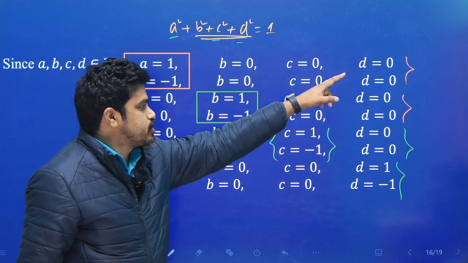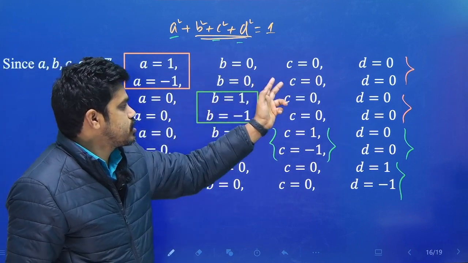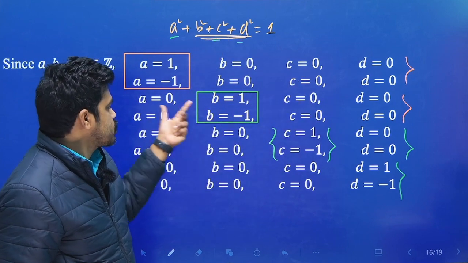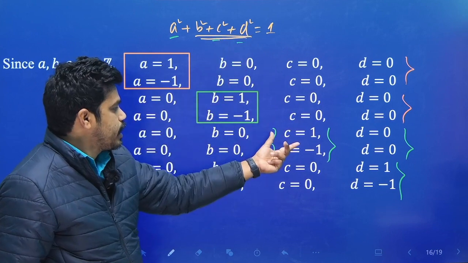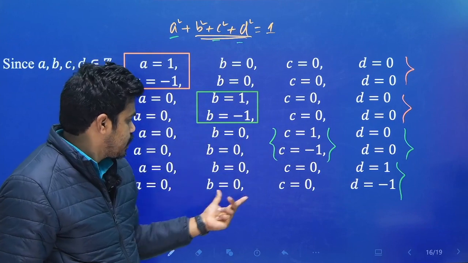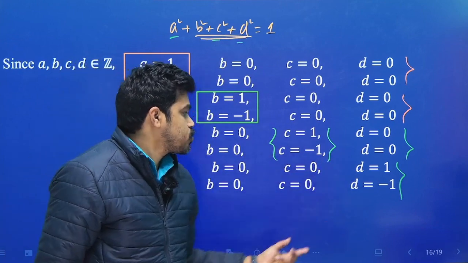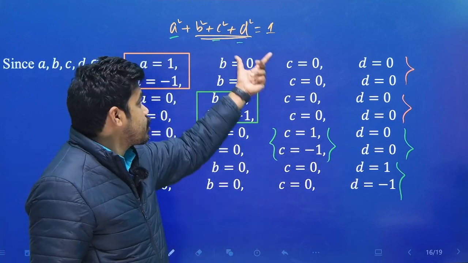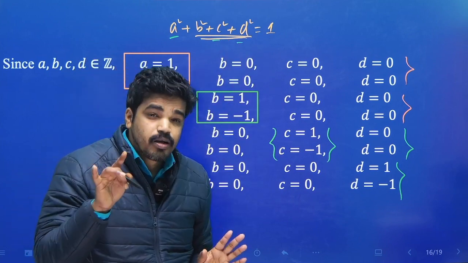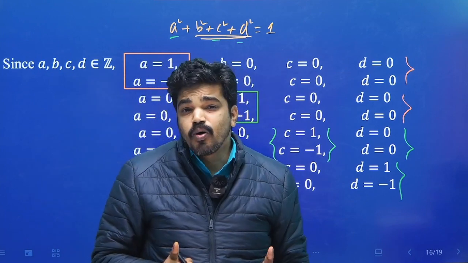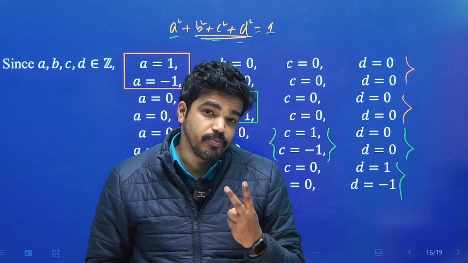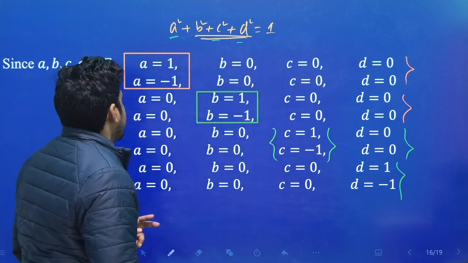b0 c0 d0, নেক্সট a is equal to -1 b0 c0 d0, এই কোশ্চেন স্যাটিসফাইড করে। নেক্সট তুমি b is 1 আর b is equal to -1, বাকিগুলোকে 0 কনসিডার করো, স্যাটিসফাইড করবে। নেক্সট কনসিডার c is equal to 1, c is equal to -1, বাকিগুলোকে 0 কনসিডার করো, এই কোশ্চেন স্যাটিসফাইড করছে। নেক্সট তুমি d is equal to 1, d is equal to -1 কনসিডার করো, a b c গুলোকে 0 কনসিডার করো, স্যাটিসফাইড করছে। দ্য টোটাল 8 পসিবিলিটিস, দ্যাট মিন্স ring of integral quaternions have 8 units, মানে 8টা এলিমেন্টস থাকবে, ঠিক আছে।